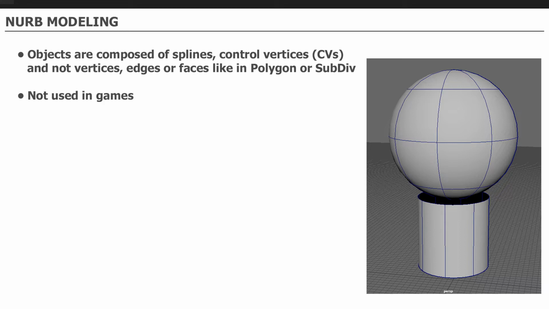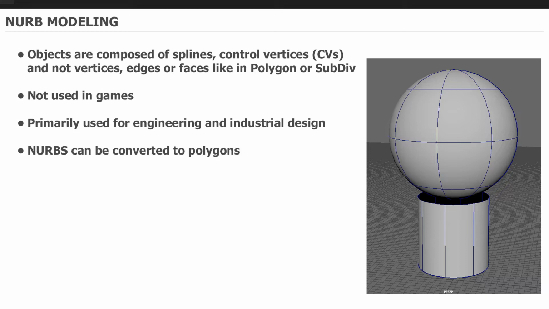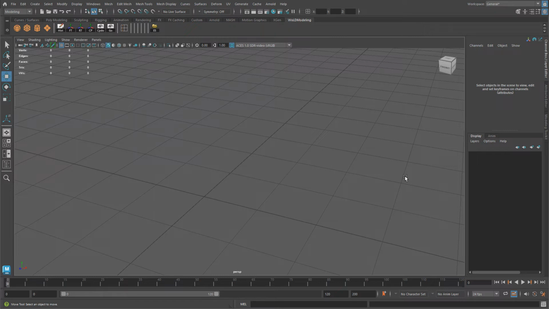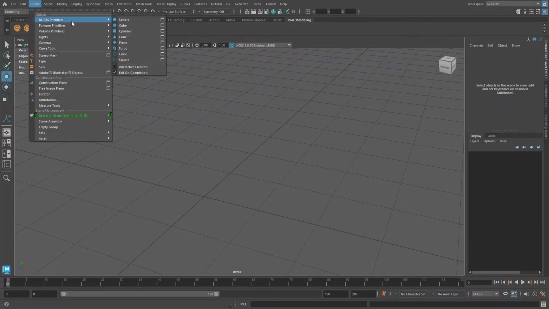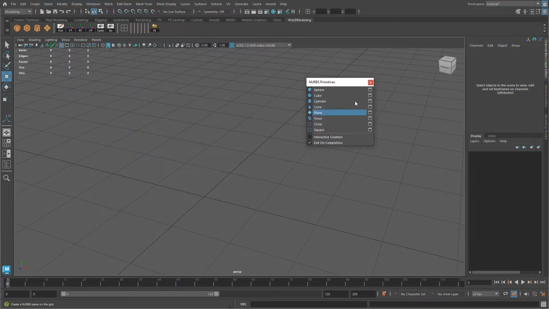NURB modeling is not used in games, and it's primarily used for engineering and industrial design. And it's not something you're going to be using unless you are in a specific industry that requires you to use NURB modeling. But for games, you're not going to be using NURB modeling at all. However, there are times when you use a NURB modeling technique, which then you can convert your NURB models into polygons. You will find NURB primitives to create under Create, NURB primitives, and here are the basic shapes that you